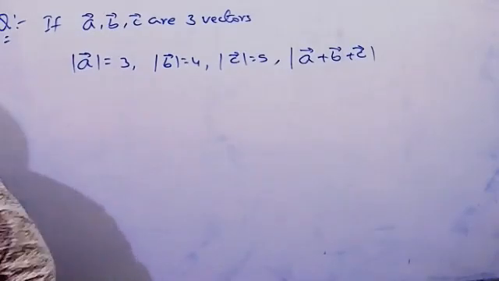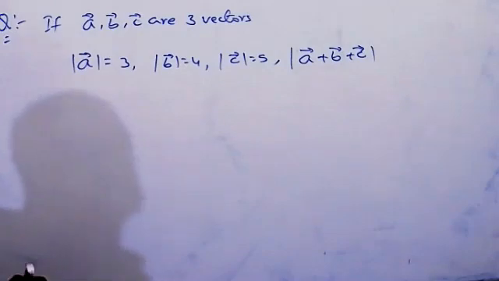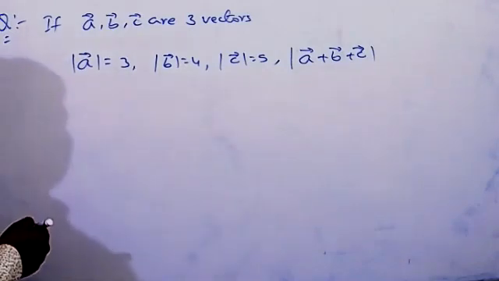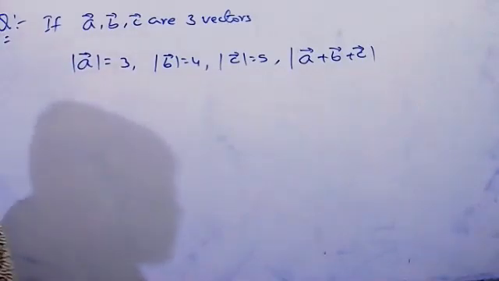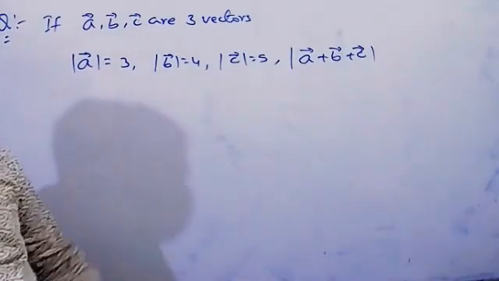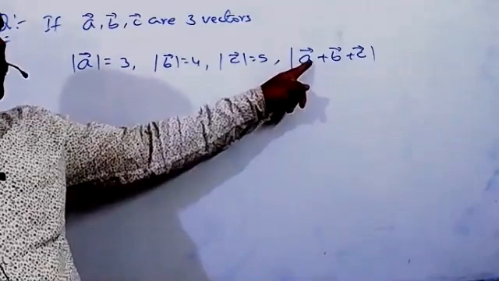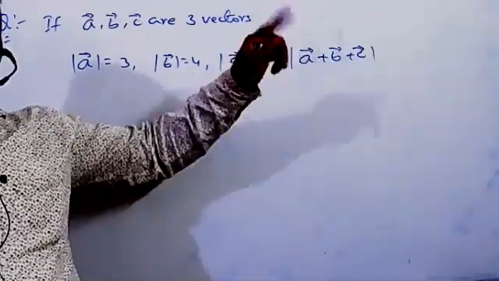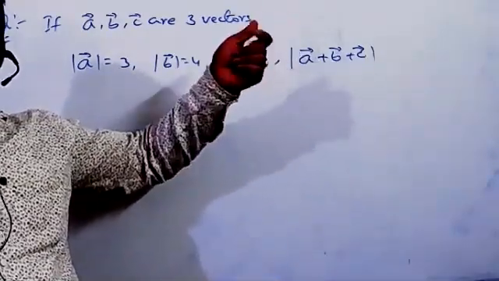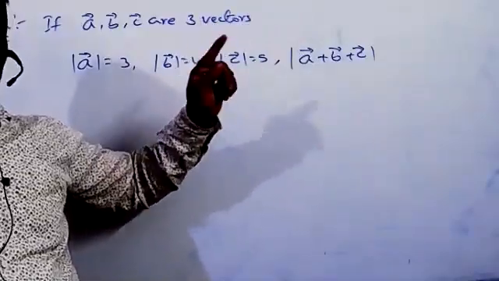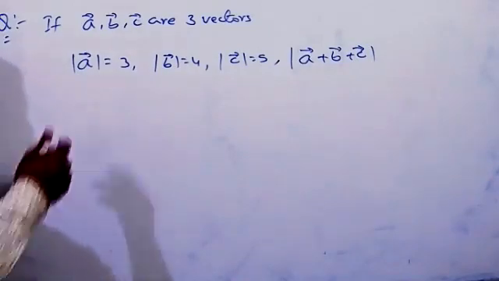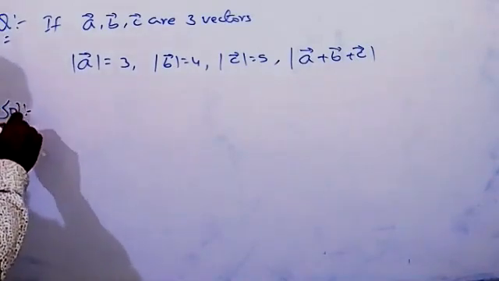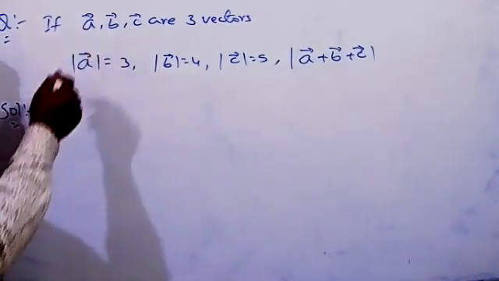So first you can write now. We use the formula, the square formula. That's why yesterday I gave the formulas to you. Because anyhow we know the formula: A plus B plus C whole square equals A square plus B square plus C square plus 2 into AB plus BC plus CA. The same thing we're utilizing here also. The three magnitudes are given very clearly.